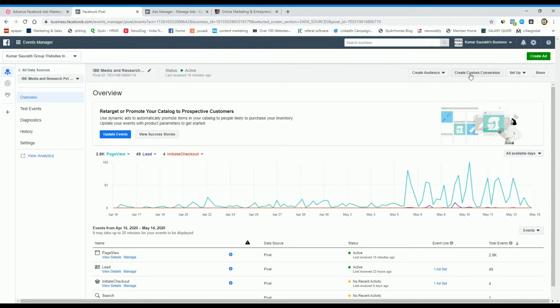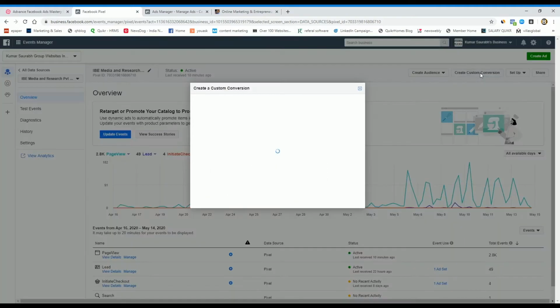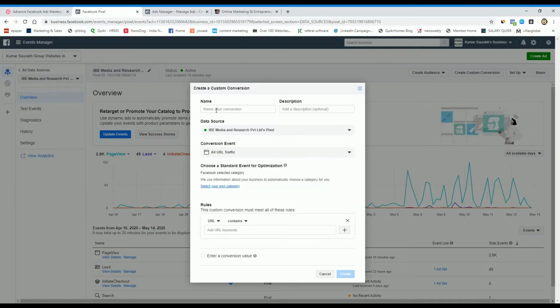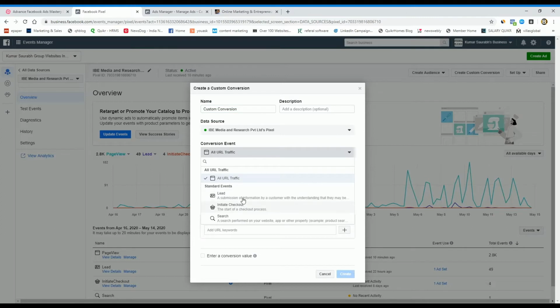Now create a custom conversion. First you have to create a custom conversion, so create custom conversion and name it. Now here, all traffic, or you would like to go ahead with some particular pages.